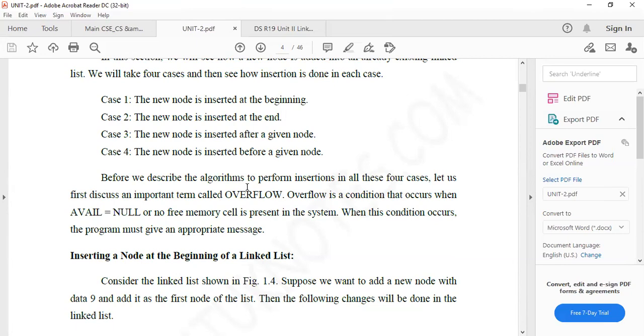Nowadays the compilers are very powerful, and if it is a 16-bit compiler, it will occupy 2 bytes for the integer type. If it is a 32-bit compiler, it will occupy 4 bytes for the integer type of data. Based on this memory only, node insertion is possible. You should check that before adding the new node. If it is null, that means no space is available, so we cannot add a new node.